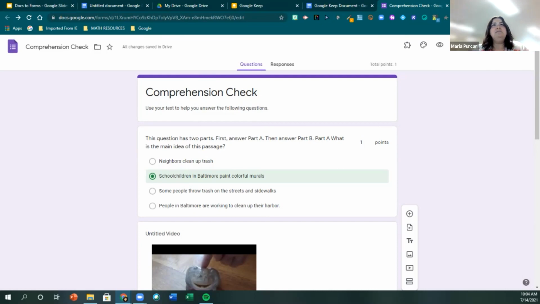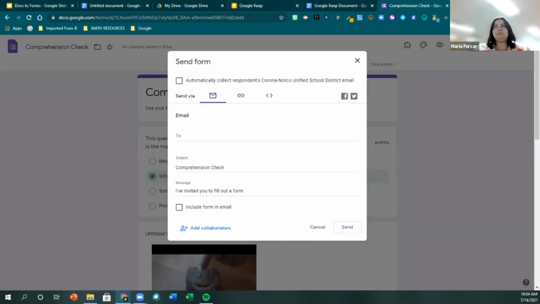When I share, can people I share with edit my copy? It seems like that's what happened to me before, so I have to make a copy of the original. How do you share without making a copy? Great question. When you go to share, if you're sharing with students or participants within a Google Classroom, they will not be able to edit your form. If you're sharing with colleagues with the link here,